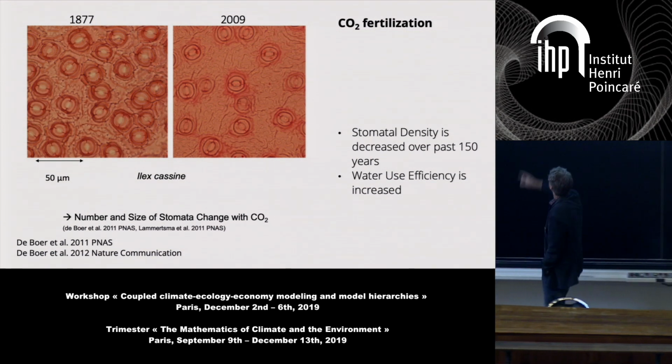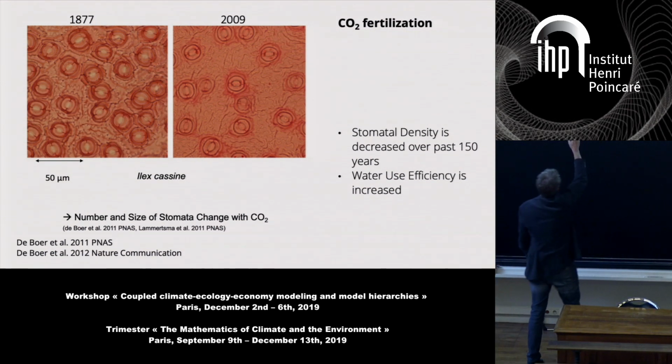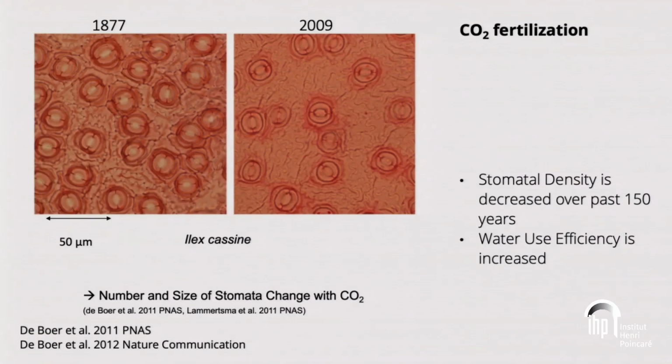Here you can see that there are loads of stomata on the leaf, and then 150 years later, we only have a few in there. And this is not only one species, we have shown this over loads of species. This is all measured in Florida, by the way,